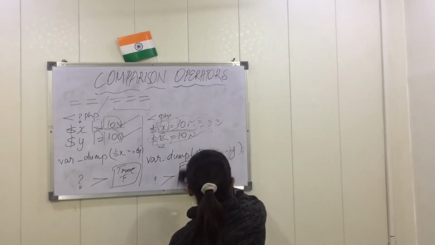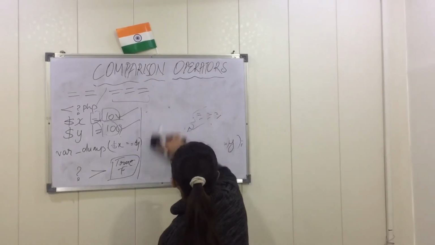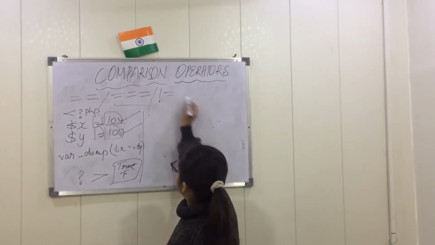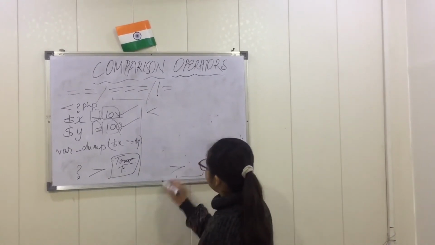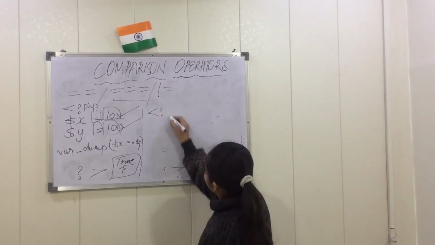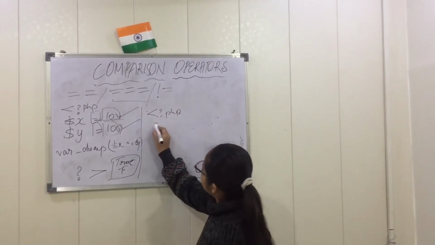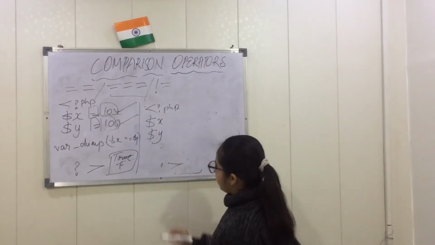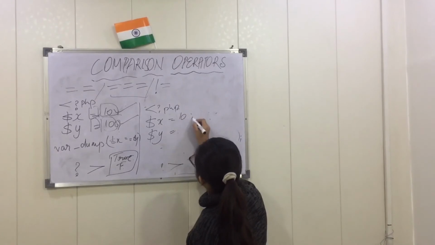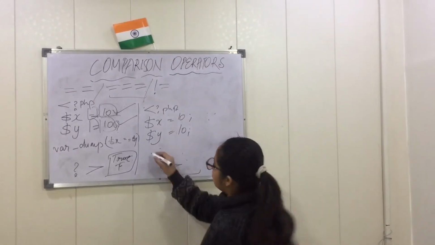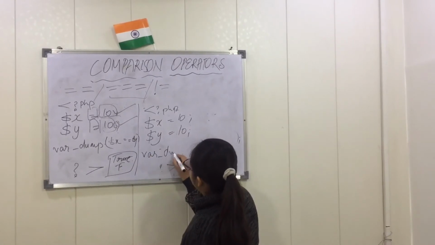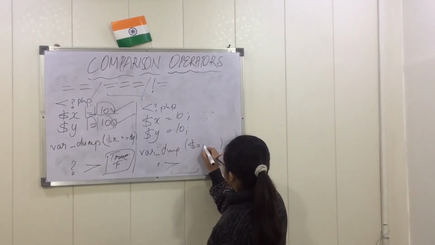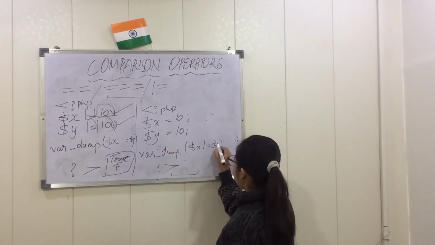Okay. Now next we are discussing the next syntax, that is not equal to. The syntax is the same: PHP tag start and PHP tag close. In between this, we will take the variables. Suppose I am taking x and next is y, and now giving the value. Suppose I am giving 10. After that, var_dump. To check the value, I will pass my variables here: $x not equal to $y.